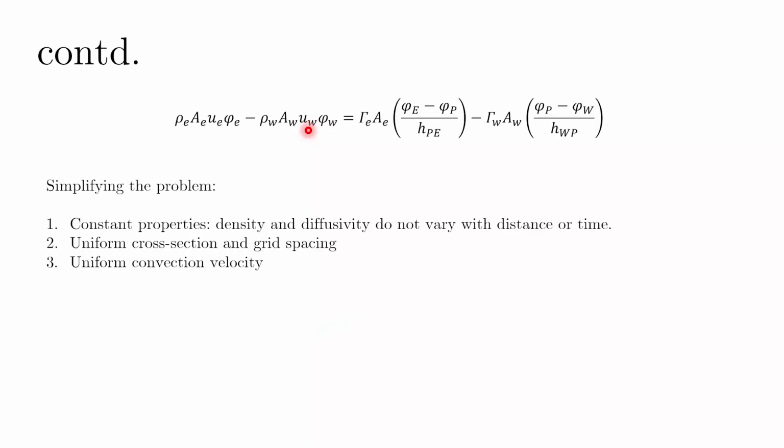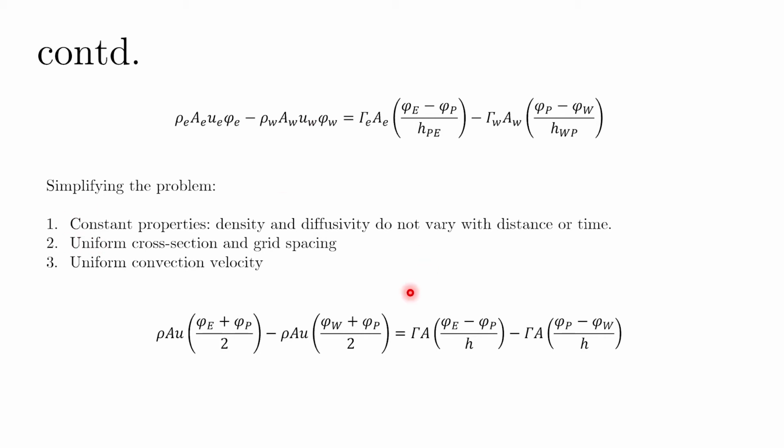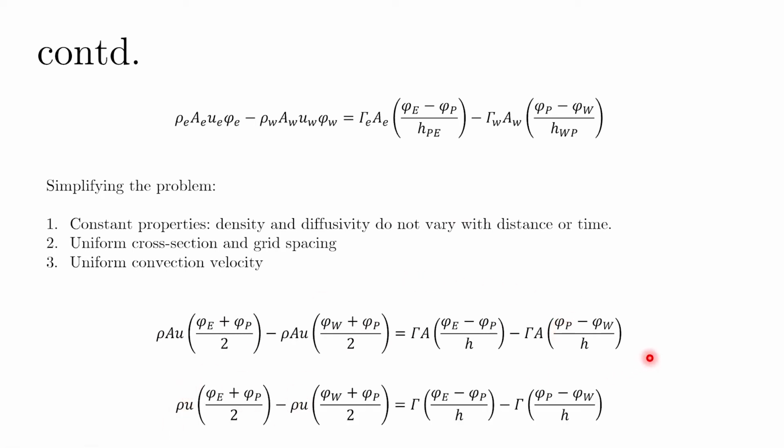So now we would plug in the values of phi at small e and phi at small w back into this equation, and let us see what happens. After using these approximations, I have replaced rho, A and u by simply rho, A and u irrespective of their phases, because they are treated as constants, and I have replaced these phi e and phi w by their respective average values. So now you can see that we can cancel out the areas because they appear on the left and right hand side. So we are given this particular equation.